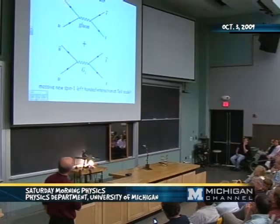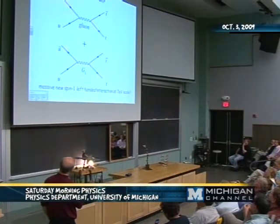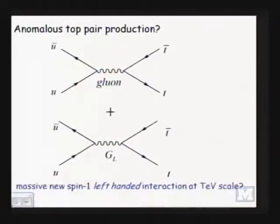What might be happening in the production of top quarks? Now, this is what we know happens. Quarks and antiquarks annihilate. Top and antitop are produced. Now, what if, at the energy scale of our collisions, we were turning on a new interaction? A new exchange particle here that's massive. We don't see this interaction in our world because our world is at low energy. But if we get up to these high energies, we could kind of excite this additional mode